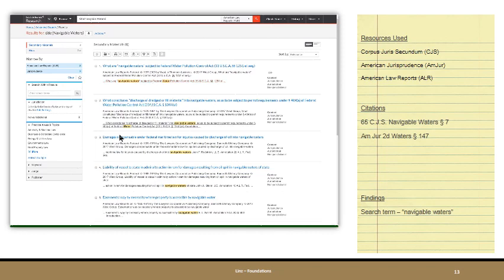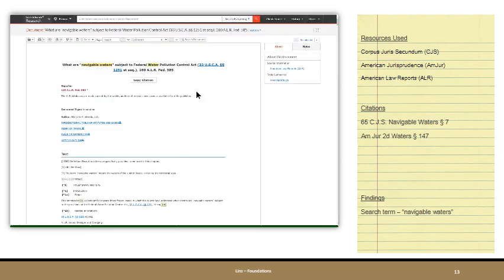And we find 1 or 2 tantalizing titles right at the top. Water navigable waters subject to Federal Water Pollution Control Act. Here is a citation to a U.S. code provision. Here's another one: what constitutes discharge of dredged or fill materials in navigable waters so as to be subject to permit requirements under Section 404A of this same Act, 33 U.S.C.A. 1344A. Great. We would really want to look at probably both of those and others as well, but for now, let's bring up this first one.